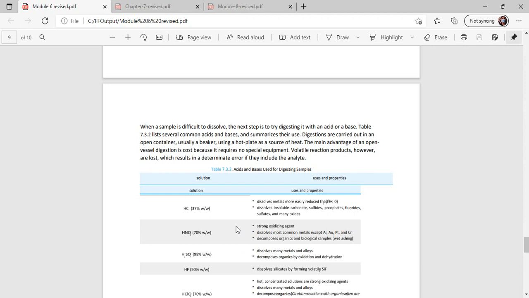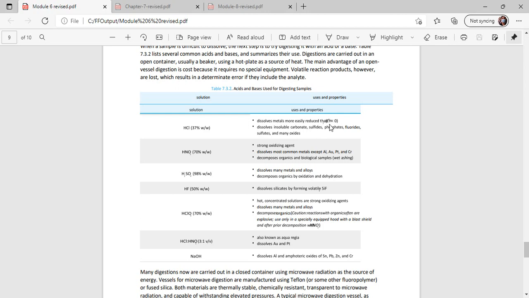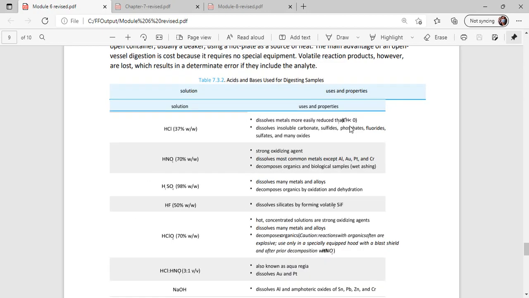Then you have your solution HCl, 37%. Used properly, it dissolves metals more easily, reducing agent. It dissolves insoluble carbonates, sulfides, phosphates, fluorides, sulfates, and many oxides. Your HNO3, 70%, is a strong oxidizing agent. Dissolves metals except your aluminum,